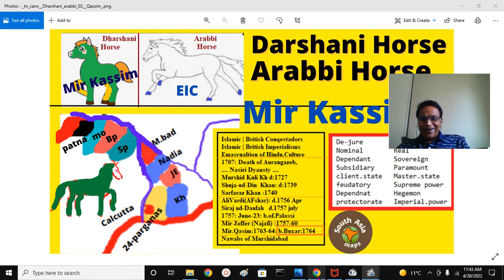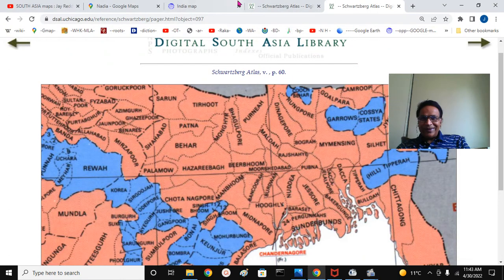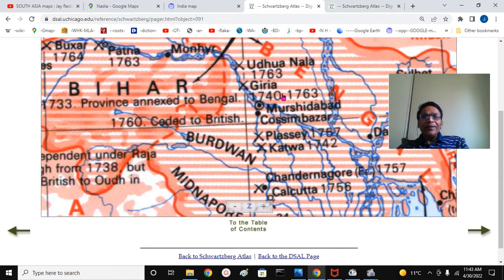Let's go and see a little more about this. This is Bengal, and you see the Ganga river here, the Brahmaputra Yamuna river here, the Rangpur division or Rajshahi division. This later became the Presidency division. This is the Burdwan division, and the Hooghly river here, Calcutta city, Chandernagar, and the Battle of Katwa.